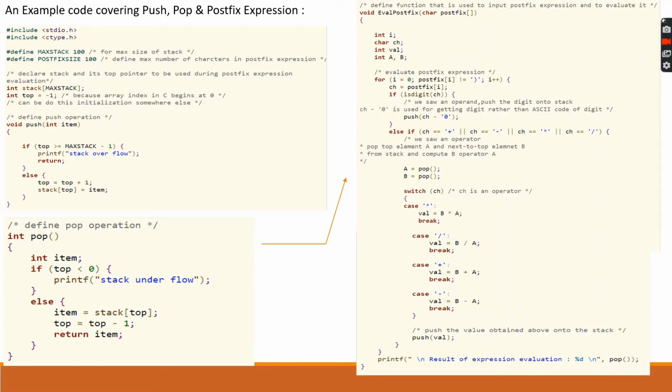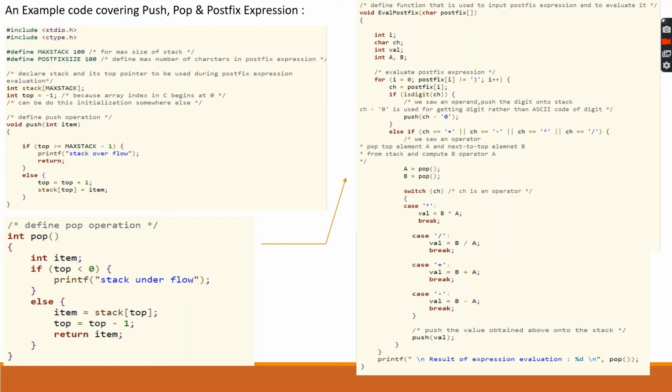So character ch equals postfix[i], which will be an operator or an operand. If isdigit(ch), that is used because we saw an operand, push the digit onto the stack. So if the character is an operand, then it will be put into the stack.